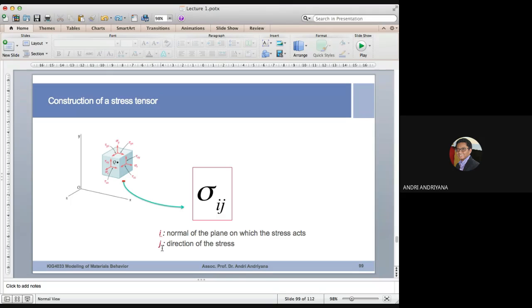The most important thing is that one index corresponds to the normal to the plane, meaning the direction perpendicular to the plane on which the stress acts. The second index corresponds to the direction of the stress itself. Okay, so with this in mind,